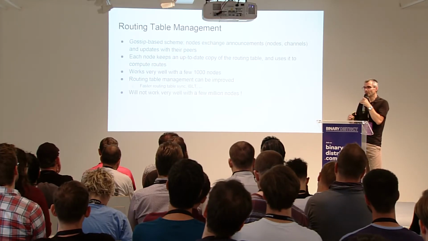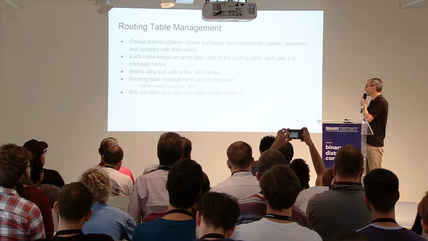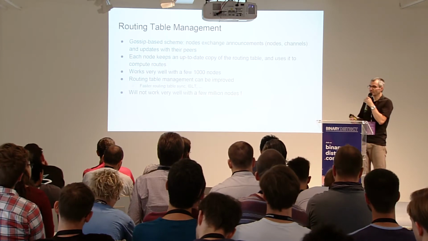To publish and update the routing table, Lightning right now uses a very simple broadcast protocol. Basically, you broadcast information about nodes and channels to all your peers. So eventually, everyone will keep an up-to-date copy of the entire routing table. It works very well with a few thousand nodes, but obviously it would not work very well with 1 million nodes, which is why some people say there's a huge problem in Lightning, that it will stop working very soon when you have more nodes. And no,